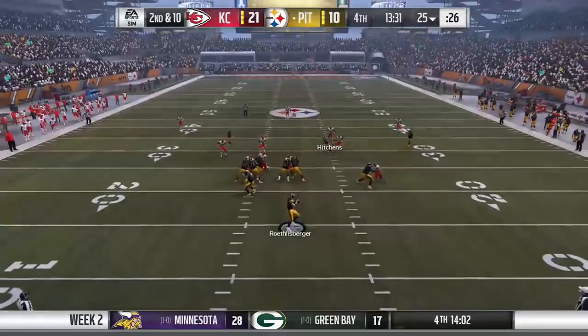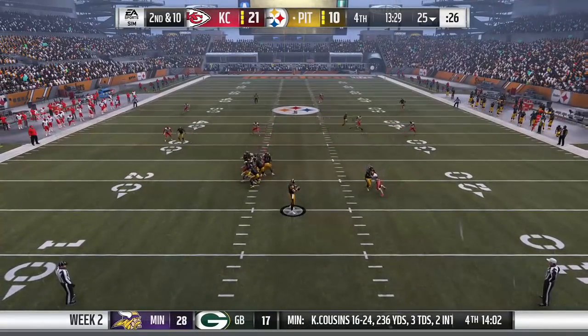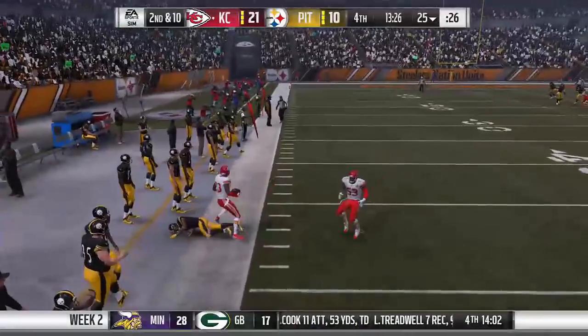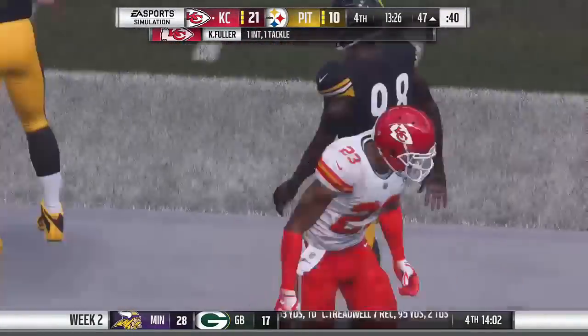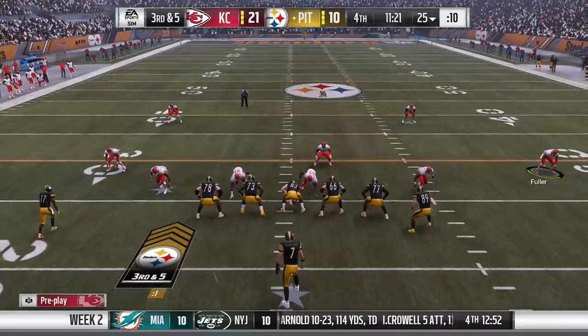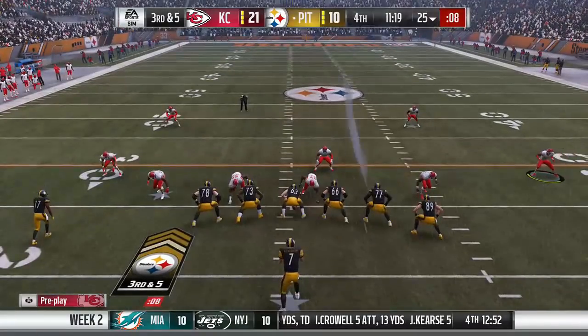Ensuing drive, 2nd and 10, and Roethlisberger gets great protection as he has all day to throw, but he tries to fit it into Eli Rogers, but it's Kendall Fuller with the incredible interception over the shoulder while also keeping his feet in bounds. However, the Chiefs would go 3 and out and punt it back to the Steelers, where